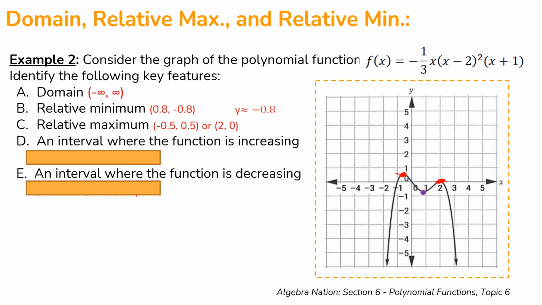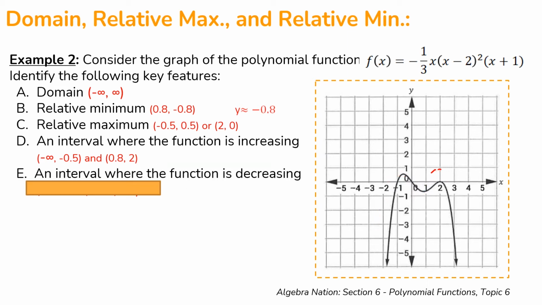D, it says an interval where the function is increasing, and so we read from left to right. So where is this function increasing from left to right? We can see that it's increasing right here as well as right here. And we're going to put our x values. So from negative infinity to negative 0.5, and that is where it will stop increasing. And then 0.8 to 2, right here, that is where it will stop increasing. All right, and then last,